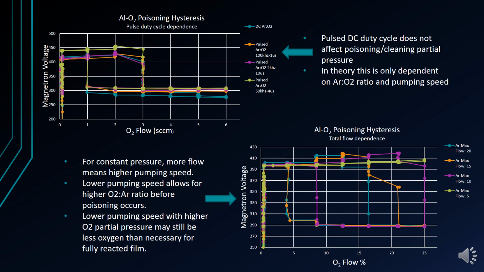This is also just another way to show that pumping speed is a dominant factor in the oxygen fraction required to poison a target. A higher flow rate results in poisoning at lower oxygen percent. This can be explained by reasoning that with lower flow, the rate at which oxygen is consumed by the reaction becomes higher than the rate at which oxygen is introduced, thus limiting the rate at which islands can be formed